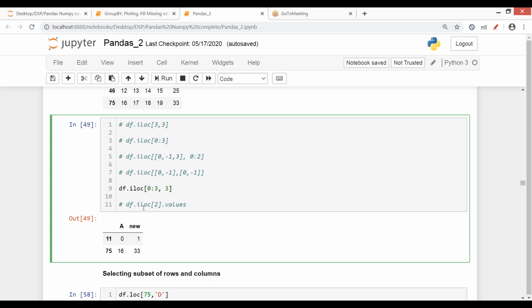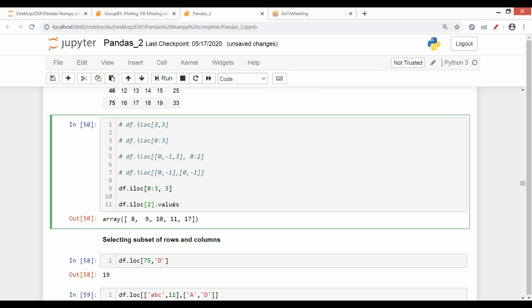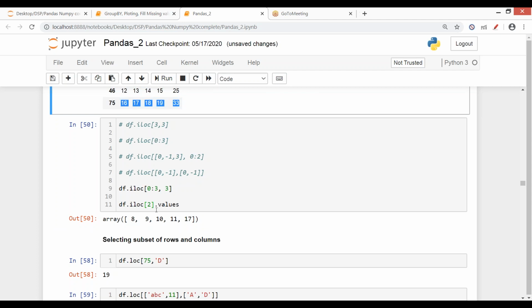Again, the same thing. And if let's say you just specify this value, this will again be considered as a row. So it will give me a row here. And again, if I'm giving dot values, just like we did in the data frame, wherever you put dot values in a data frame, it will just fetch the values. It will hide all the row names and column names. These values will be given as a result in the form of an array.